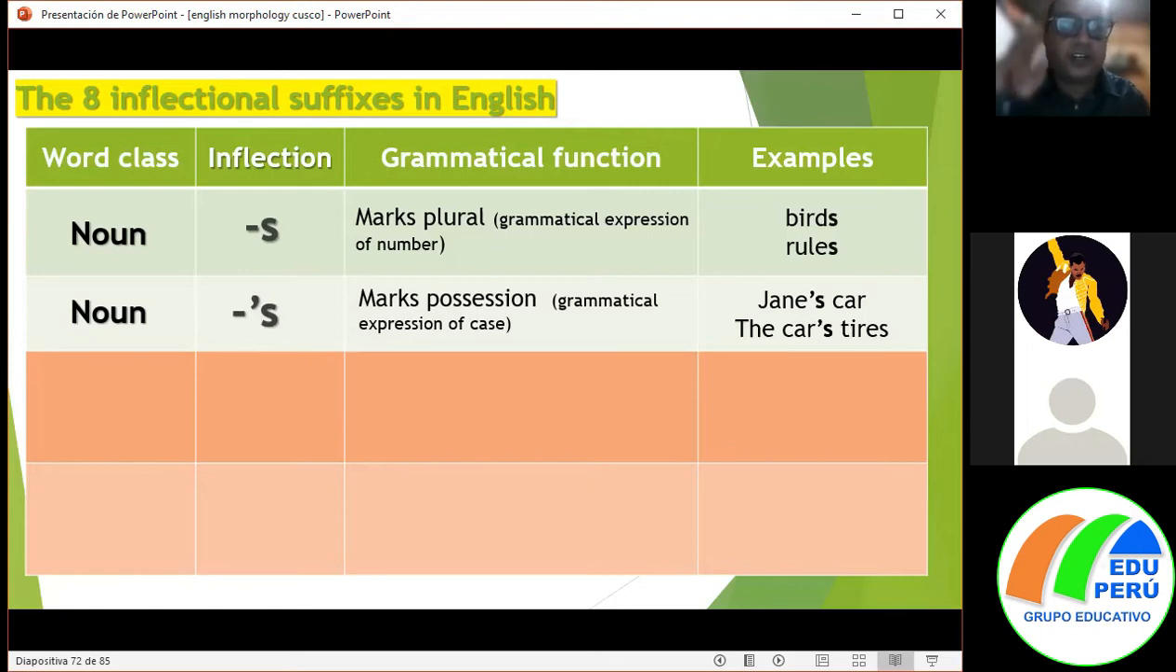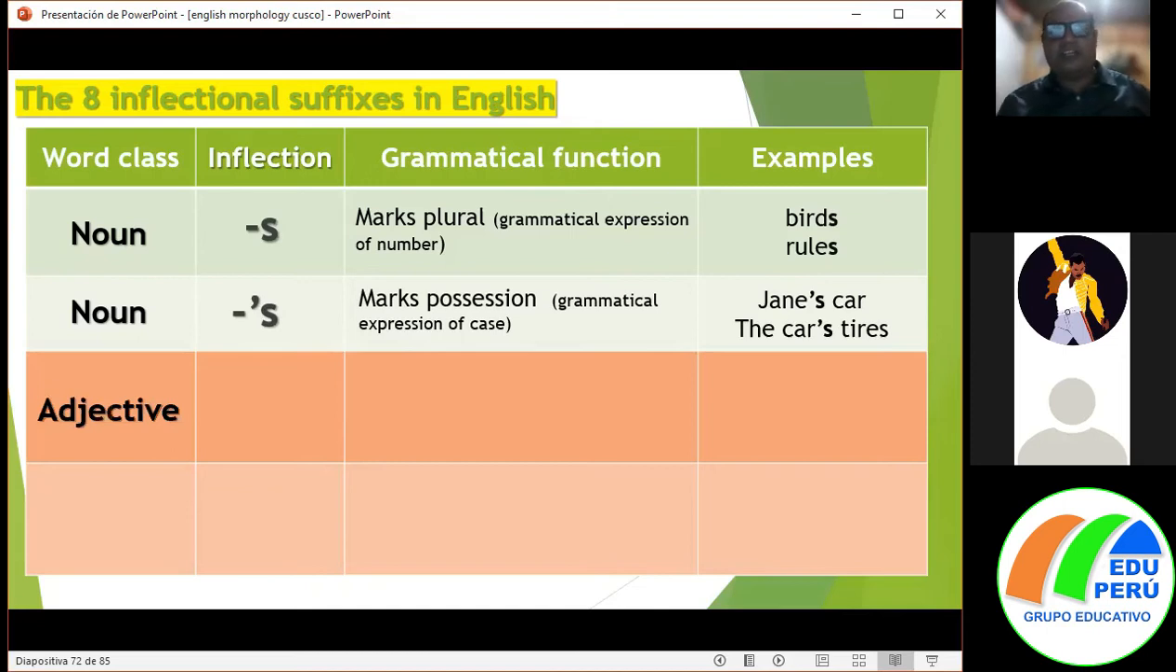So notice here, this is the second inflection that we have. For the noun, we have 2 cases of inflections: the S in plurals and the apostrophe S to talk about possession. All right? Now,